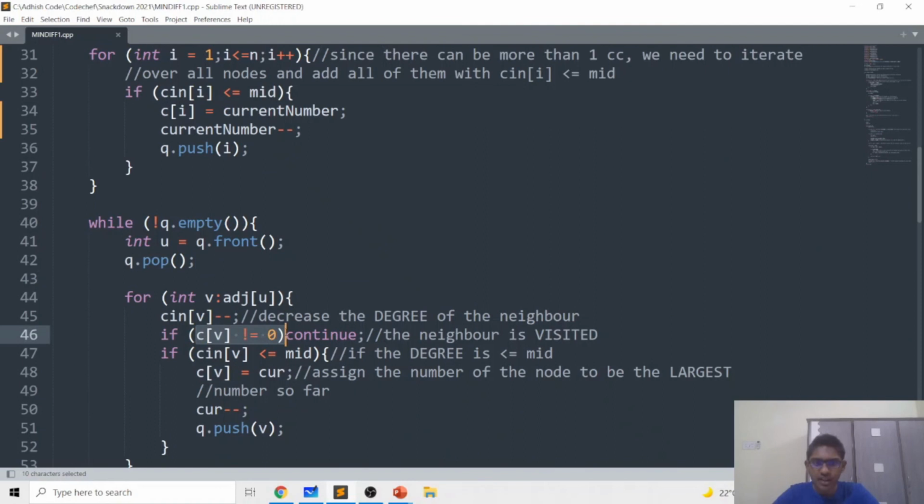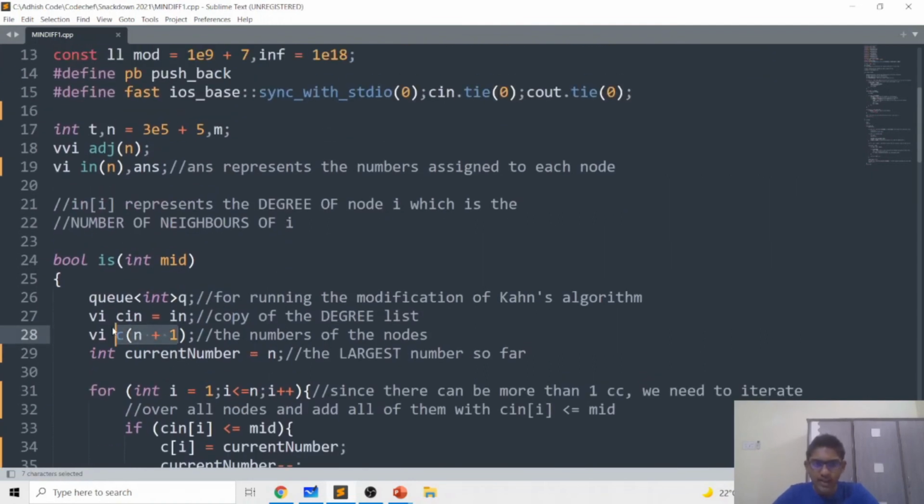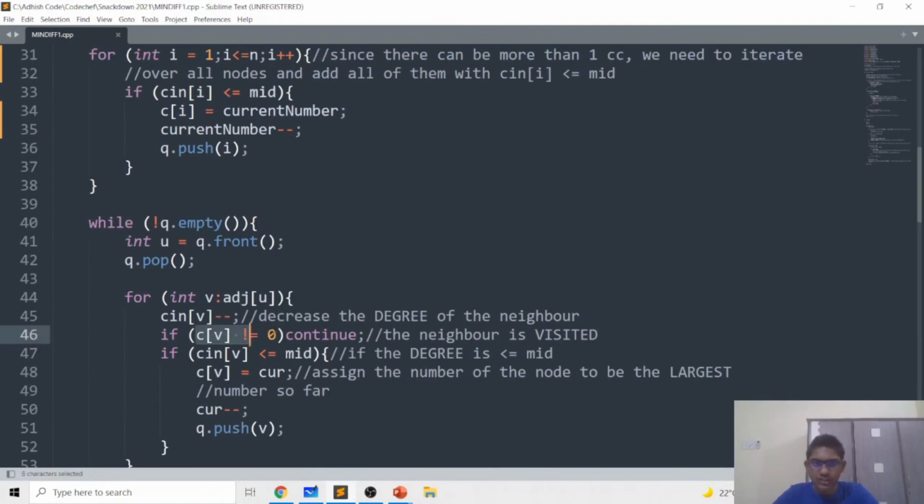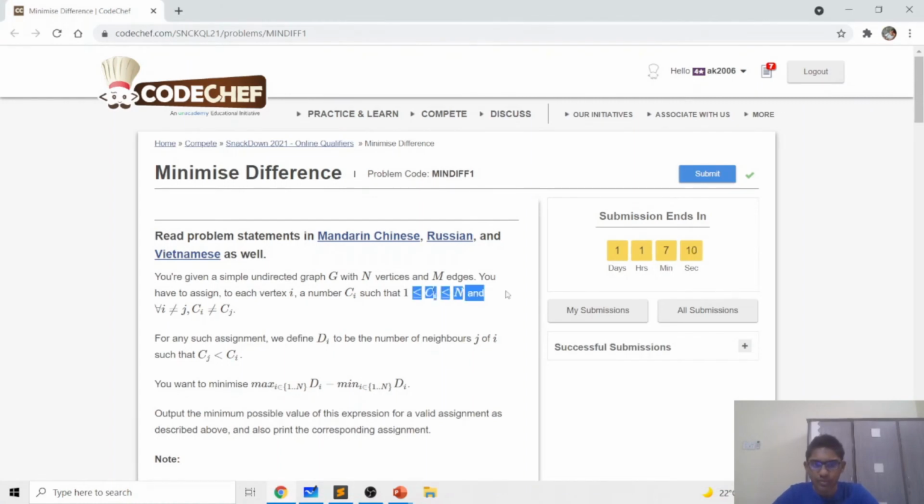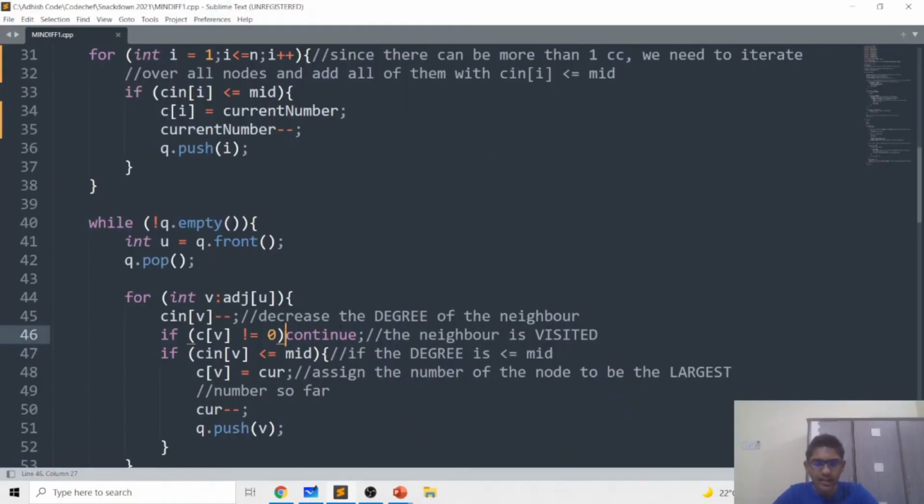If C of v is 0, then we know that it's not visited, and if C of v is not 0, then C of v belongs to 1 to n, and that's why it's visited. So we ignore it if it's visited. If it's not visited and the degree is less than or equal to mid, then we set color of v to be the current number, and we decrease the current number by 1. And note that the current number goes in decreasing order from n to 1. That's why the logic works.